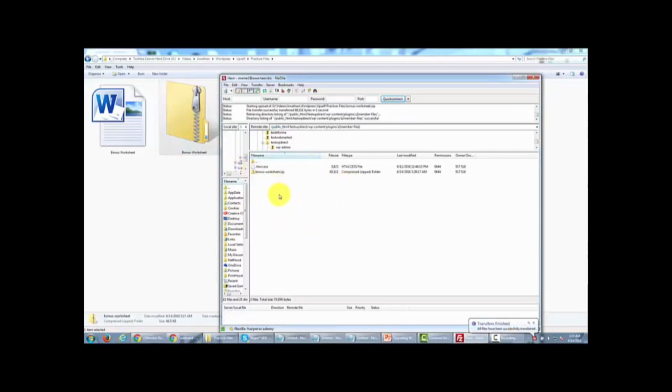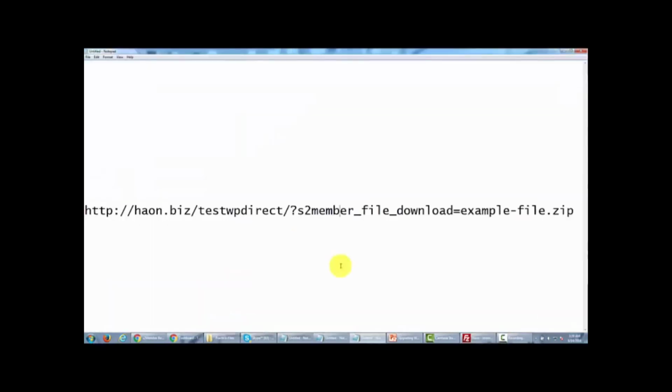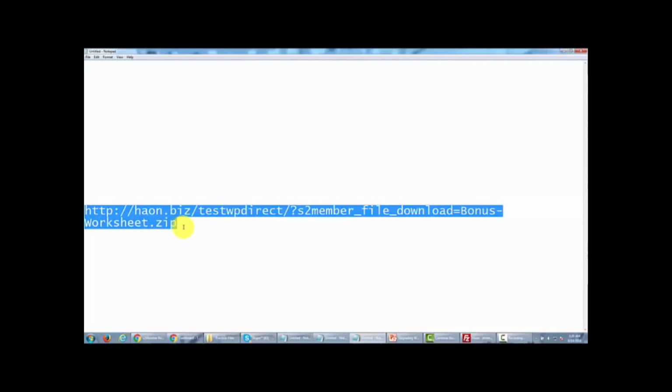And so now that file is on our server and it's called bonus-worksheet. So now what we need to do is name this link according to the convention that we talked about a minute ago. If you recall, we said that we needed to name the file according to our URL, according to that directory, with these words, and then instead of example file, we're going to put in the name of our file. So now what we have here is the file, ready to be delivered using bonus-worksheet instead of example file. So what we're going to do is copy this,